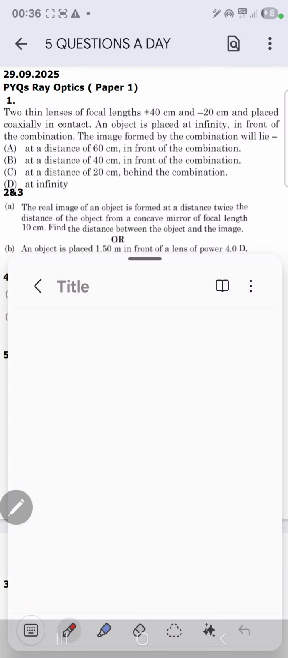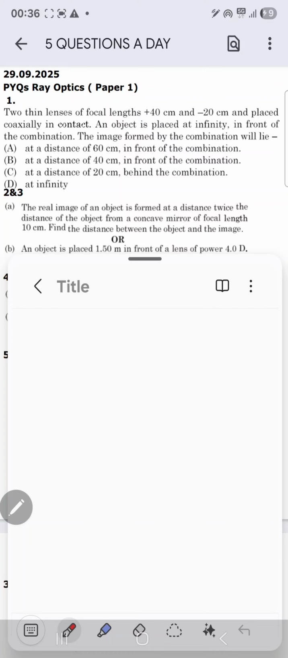Hello everyone. Let's solve the questions of previous year based on ray optics. The first question is: two thin lenses of focal length plus 40 centimeter and minus 20 centimeter are placed coaxially